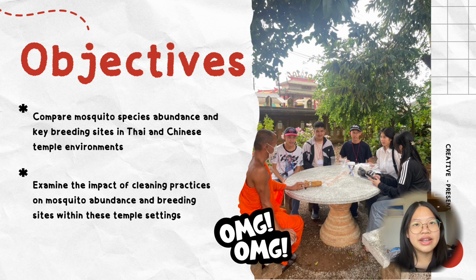So our study focused on two key objectives. First, we aim to compare the abundance of mosquito species and identify their main breeding sites in Thai and Chinese temple environments. By doing this, we can understand where mosquitoes are most commonly found and how their populations differ between